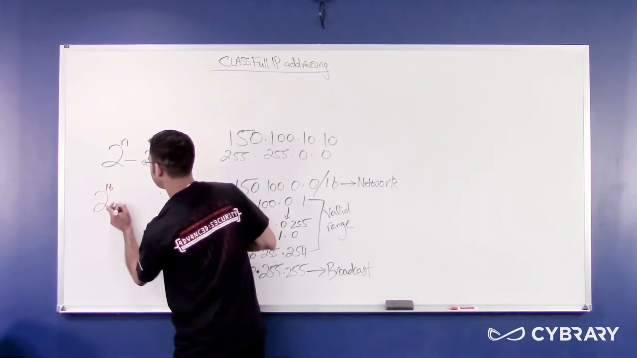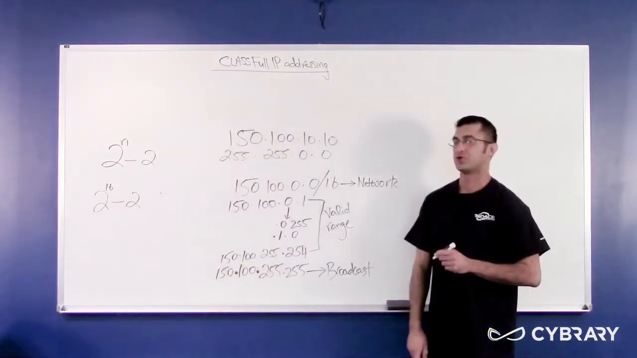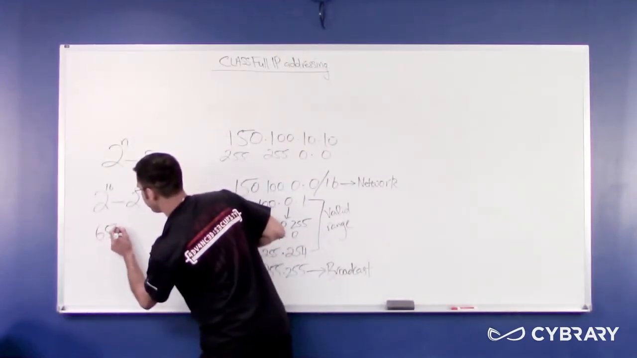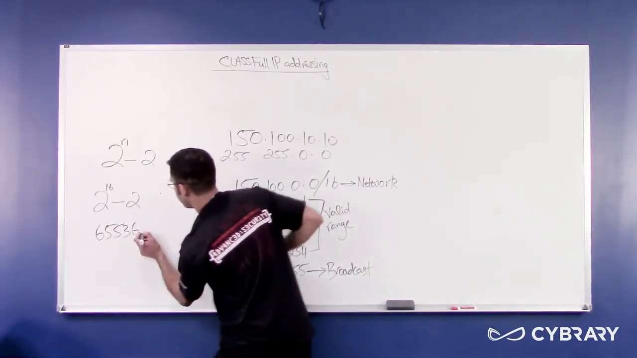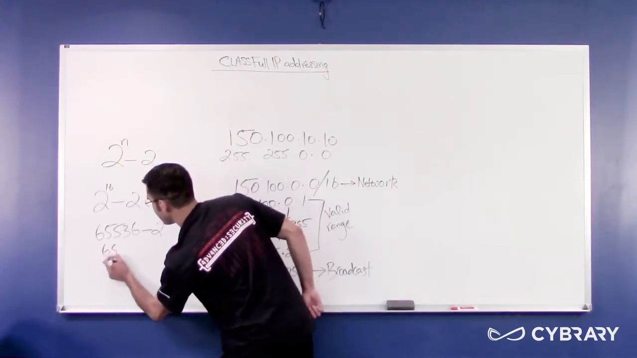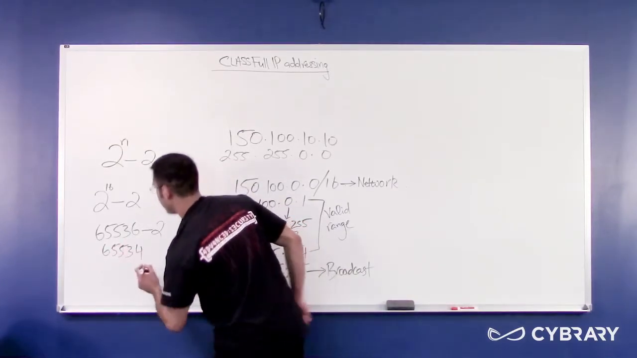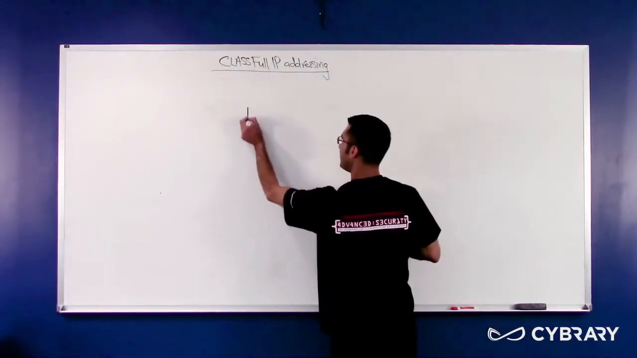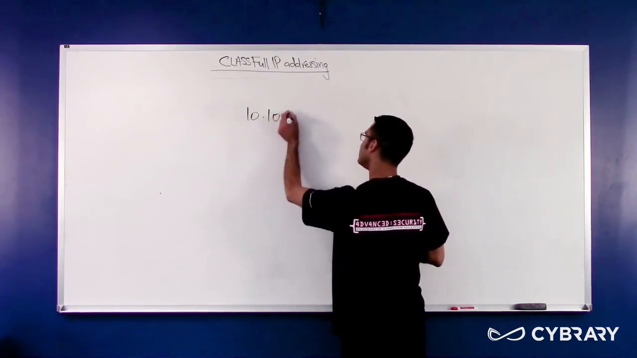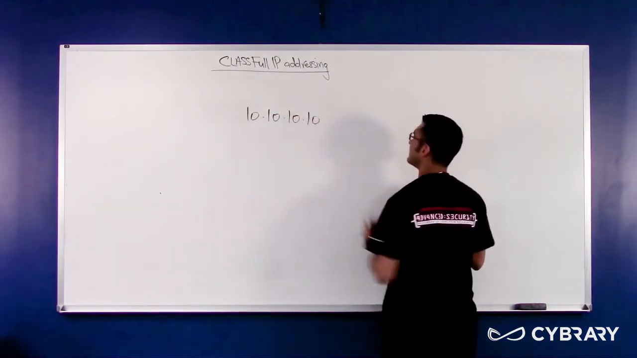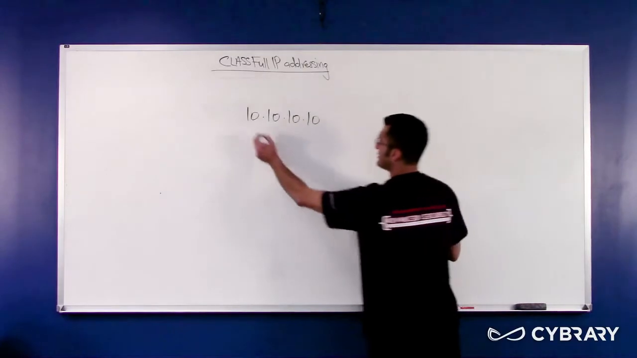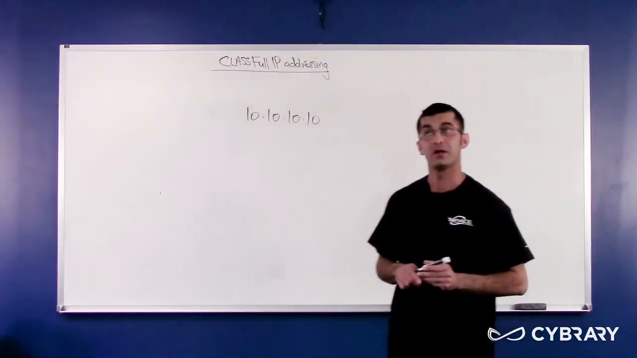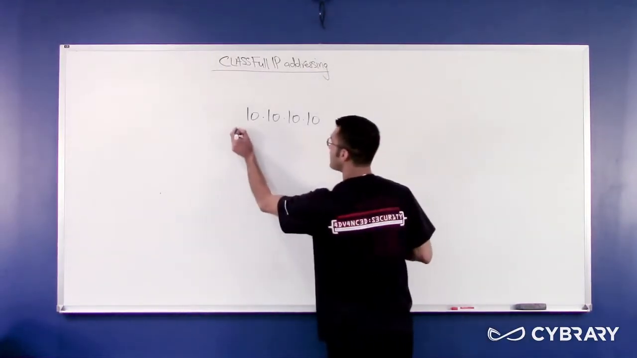2 to the power 16 minus 2. So 2 to the power 16 is, I believe, 65,536 minus 2, which is 65,534. Now let's do a Class A example. I'm going to pick a Class A IP, 10.10.10.10. Keep it simple. The mask for Class A, since the first octet value is between 1 and 126, my subnet mask is